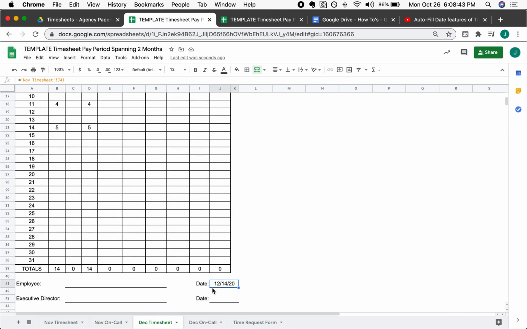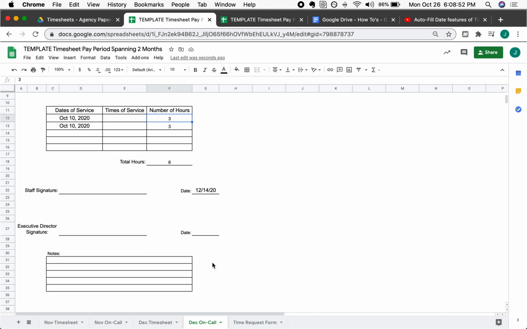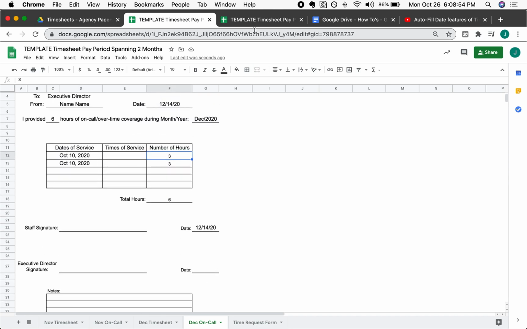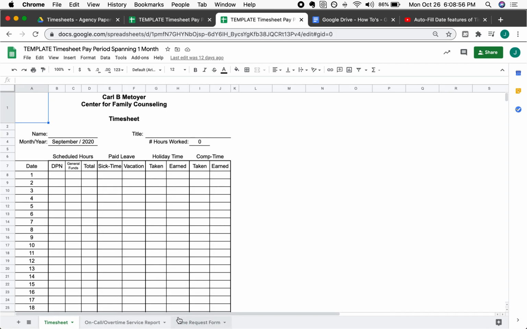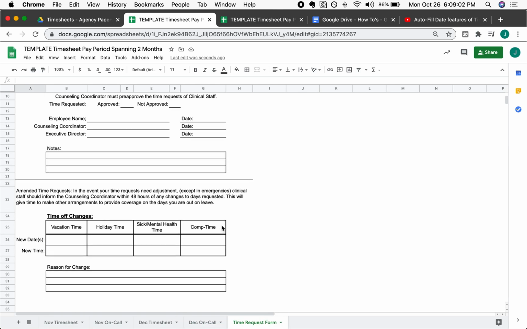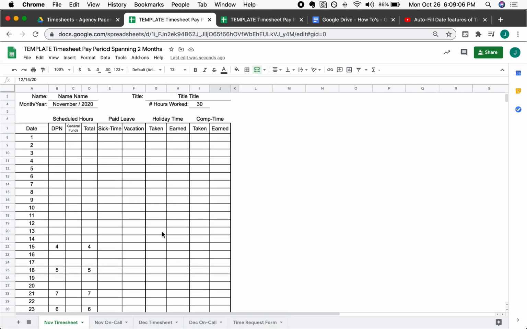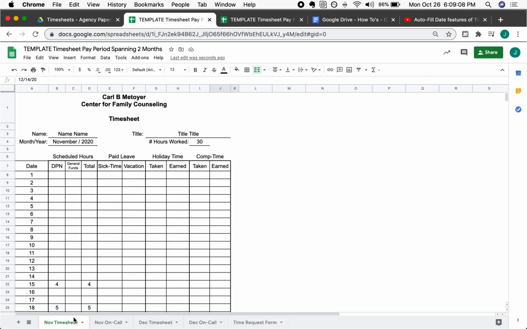And then finally, the December on-call, it's the same idea as the other one. You would record your dates, your hours, it will auto-populate. And if you're doing the single timesheet, you don't change the names of these tabs. You don't need to do that. And then if you need a time request form, here it is. And that is how you update your timesheet and how you use the